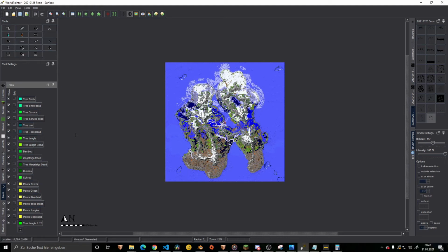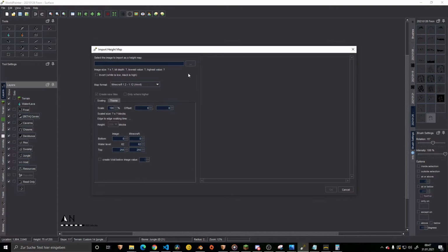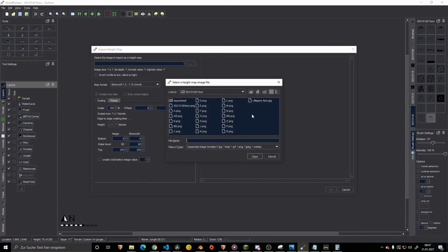So, if you want to know how I managed to get all of this so organized, I also made a tutorial about it, up above in the information card, or down below in the description. So yeah, just to give you a rough idea how this works,